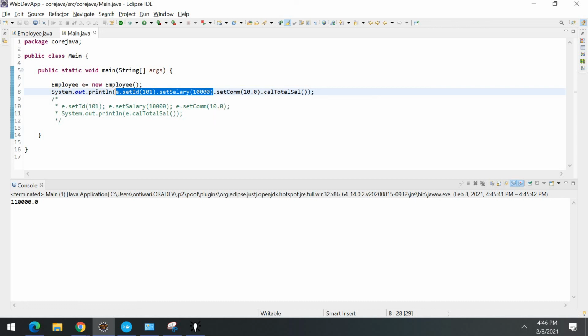Again, you can call this method by using the reference of your object. So whenever you want to use method chaining, first set the return type of all the setters as the Employee type, I mean the class type, so that you can call any method. So in one single statement, we have set all the parameters and we have called this method. This is called method chaining. We actually use this in the builder design pattern that we will focus on some other time. Okay, thank you.